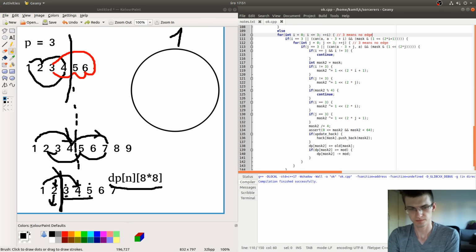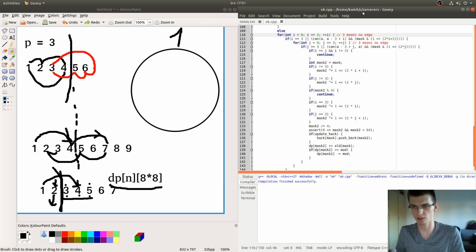I move one to the right, and I have one more new vertex for which I must decide about edges going in and out. So I iterate over to which vertex I want an edge. I would iterate over 3 values, 0, 1, 2, representing the 3 next numbers, but I actually iterate to 3, so I consider 4 possibilities, and that value 3 means that I don't put any edge, because it's already here.